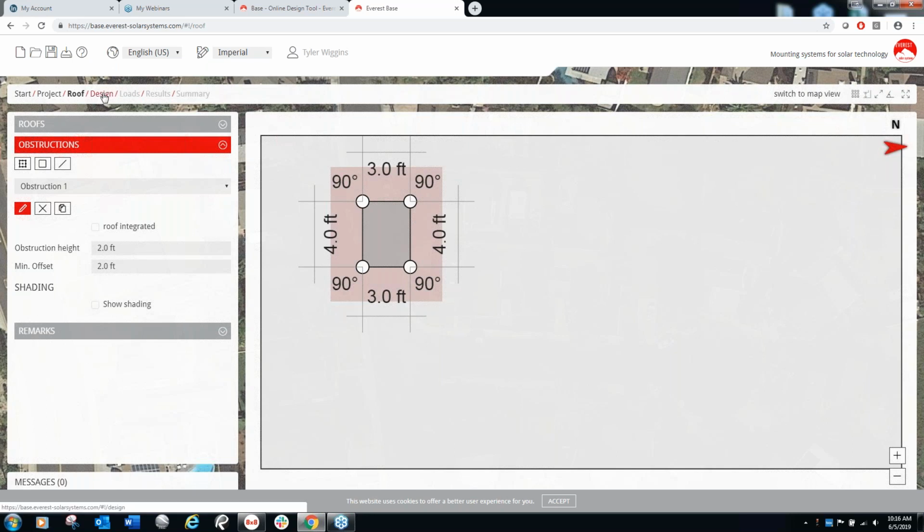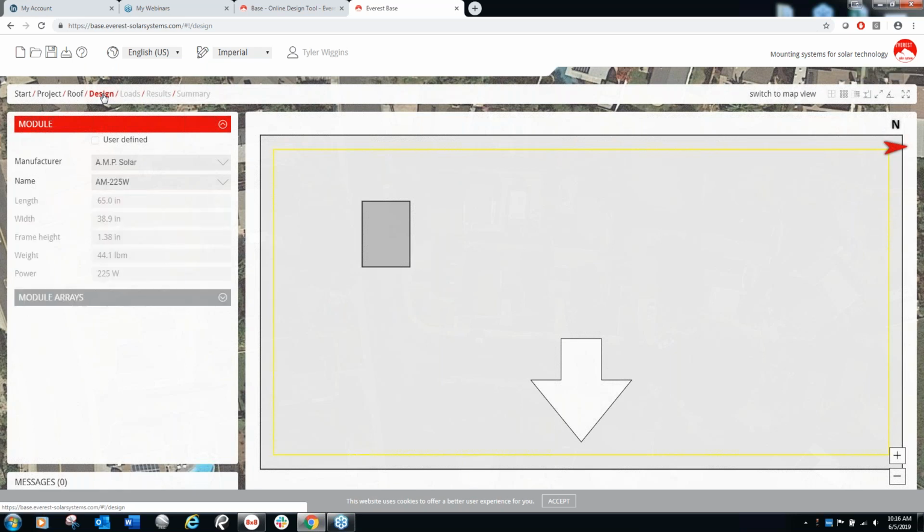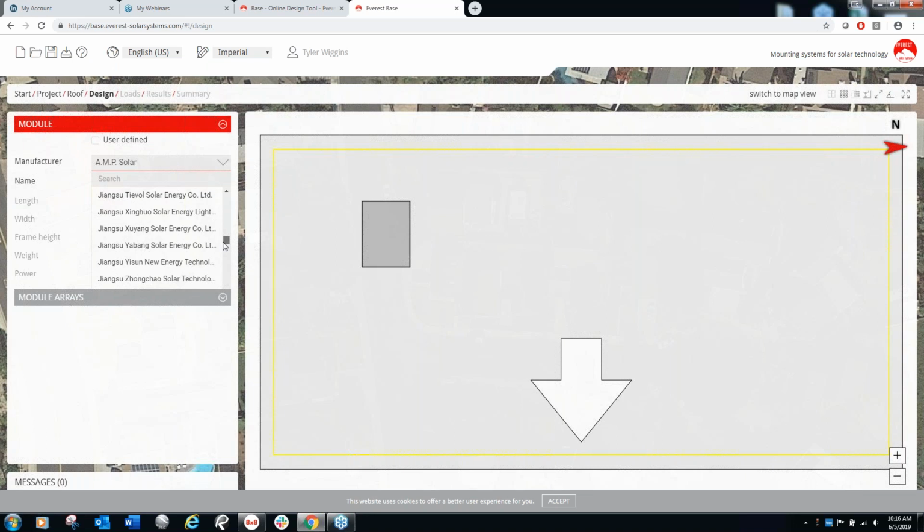And we'll move on to our design tab, actually placing modules on this roof. So if I click on design, it's going to bring up 2 sort of areas over here on the left-hand side. So we're going to start with the module. You have the option of doing a user-defined module if the module does not exist in our library. You can click on user-defined and then add the module parameters in. In this particular case, I know what module I'm going to go with. I'm going to go with an LG. So if I scroll down here to LG